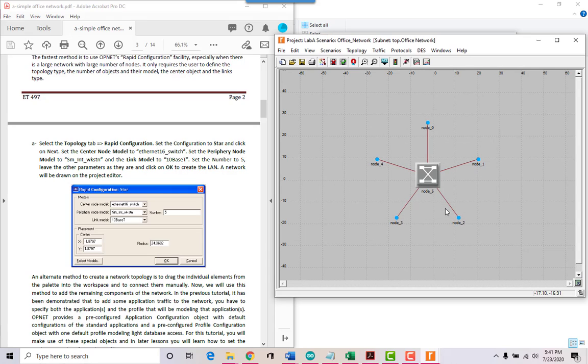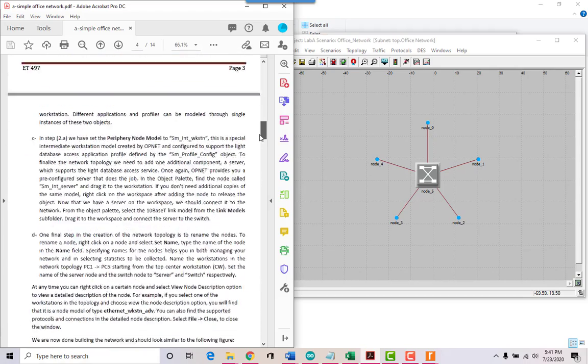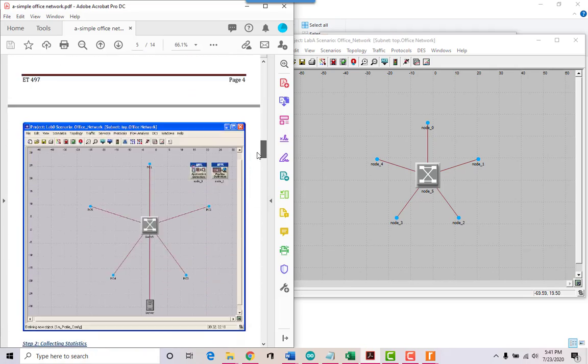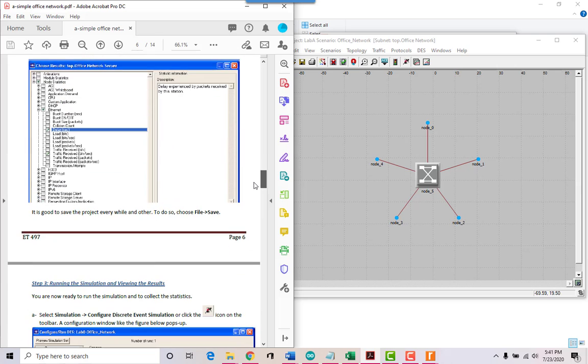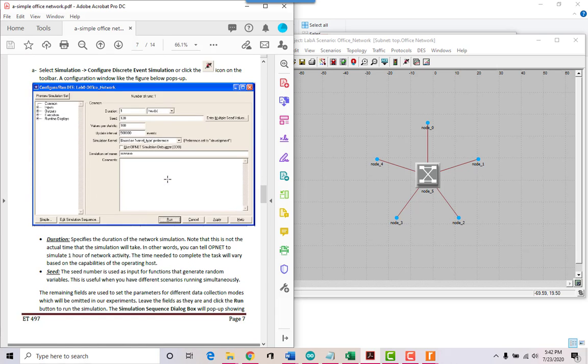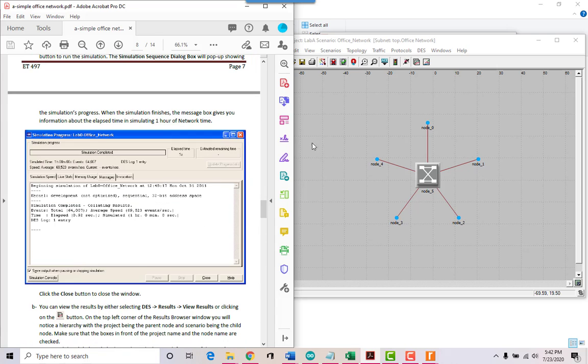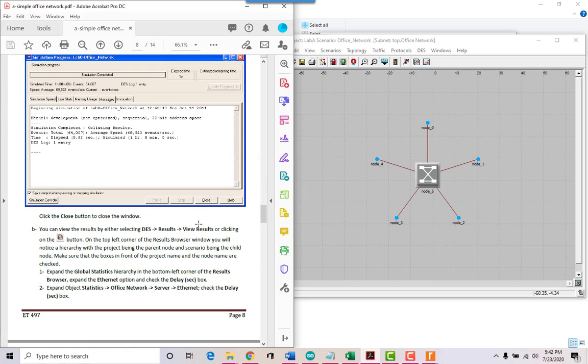Click OK. And look at that. 5 workstations were created automatically with my star topology network. And so that's all you have to do. You just have to follow along. You continue forward here, and then when you're ready for it, you run the simulations, and you're going to have some values. I like to get a printout of those values, please.